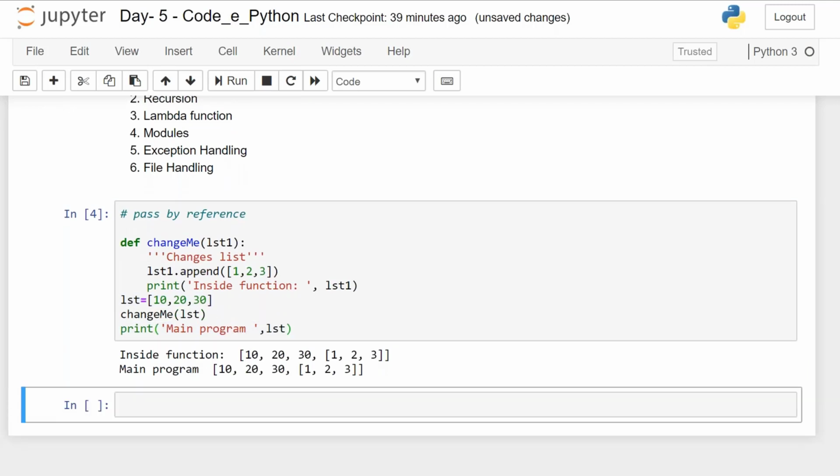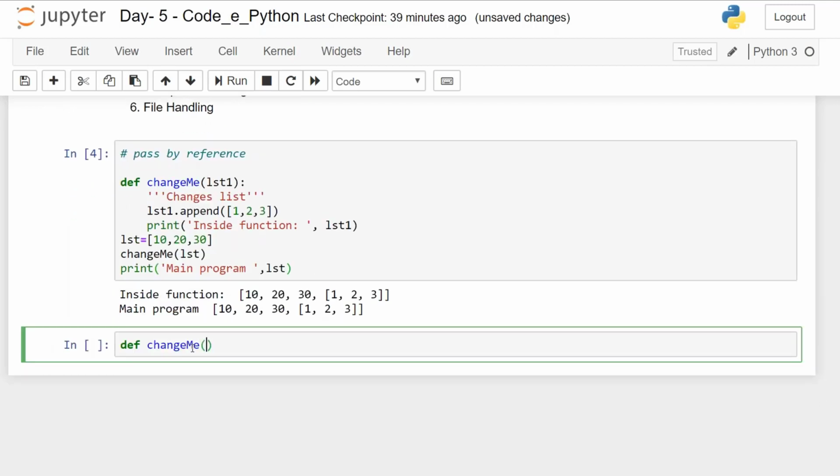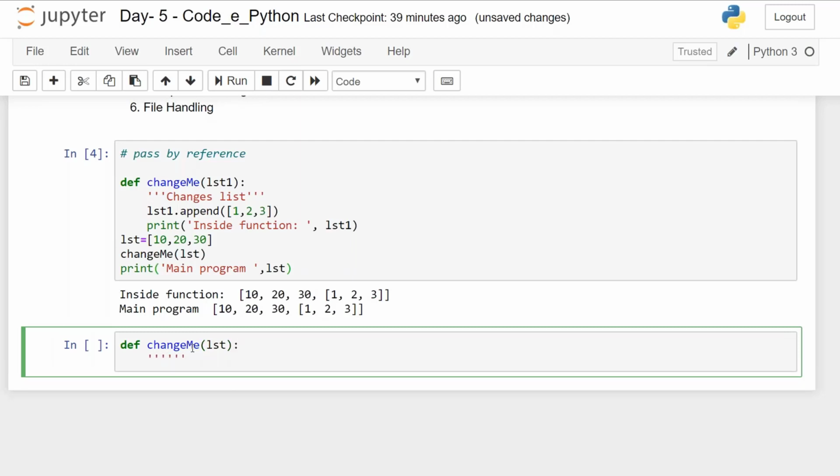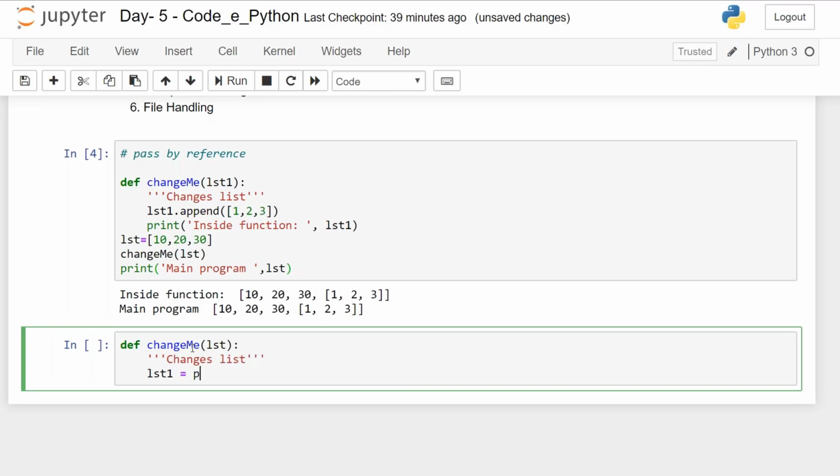Let me take one more example. Change me, and I'll write here list, again a description, changes list. Let's take list1 and write here 1, 2, 3.